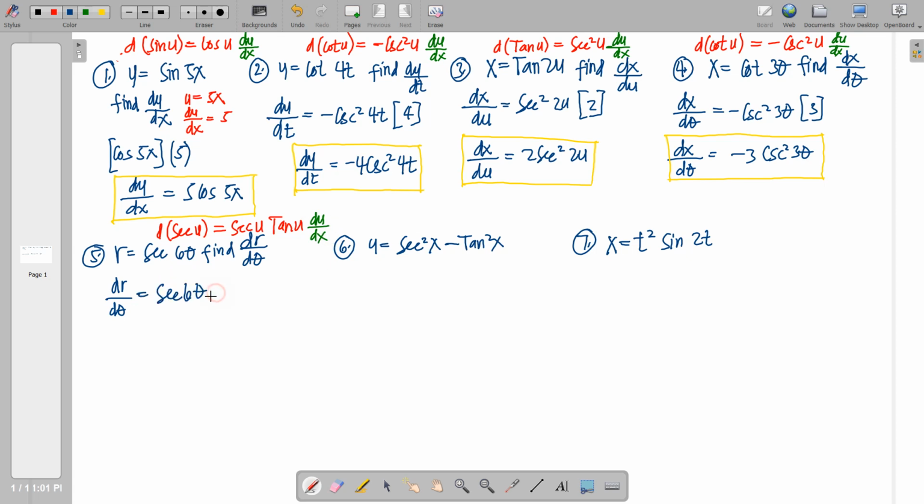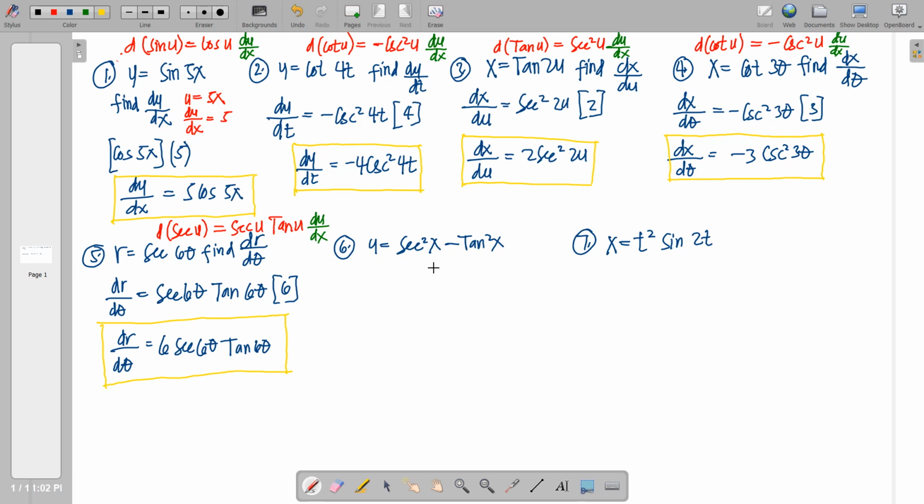We have, just copy that, and just add the tangent function, and then this one. That would be equal to 6. So finally, dr over d theta is equal to 6 secant 6 theta tangent 6 theta. And this will be the answer for the fifth problem. So moving on